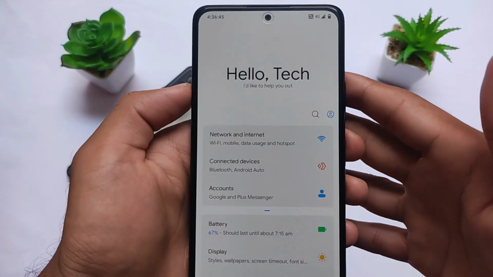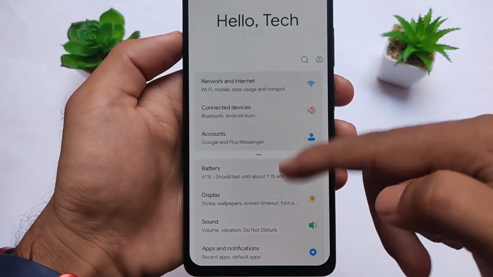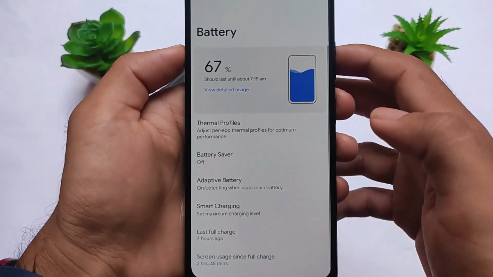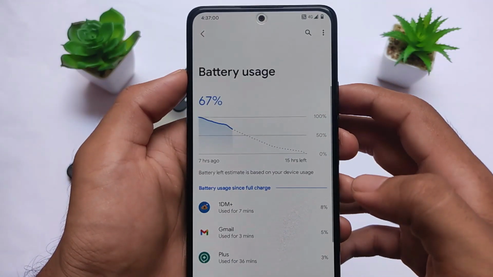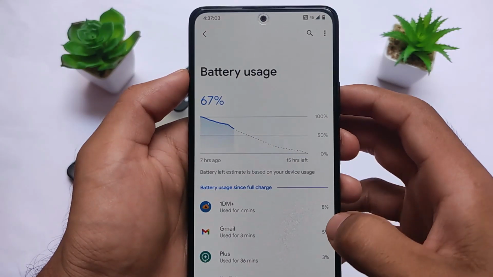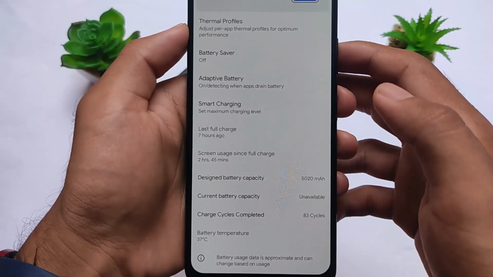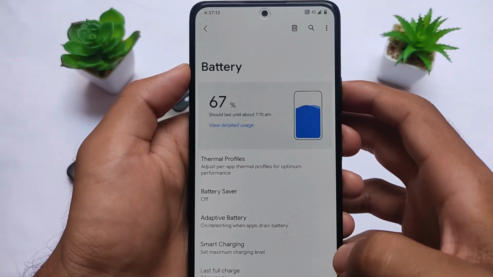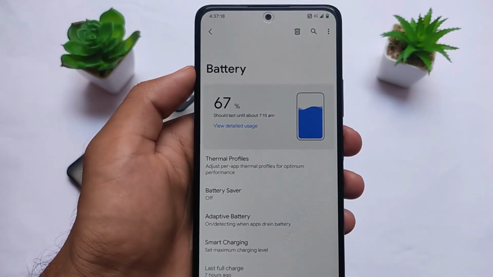In terms of options, features, customizations, the settings are almost the same. OctaviOS is quite good in terms of UI, by the way. UI optimizations, performance, everything was good. I'm using it from morning, and from 100% it's at 67% after 7 hours. Of course, that's not screen on time. Screen on time was approximately 3 hours, which is not bad, because I was at full brightness and on 4G plus. Quite surprisingly, I didn't get this kind of battery backup in the previous version of OctaviOS. So quite happy and satisfied with that.